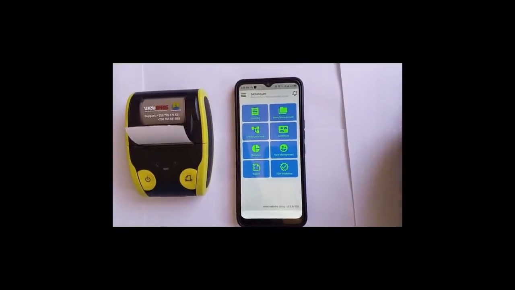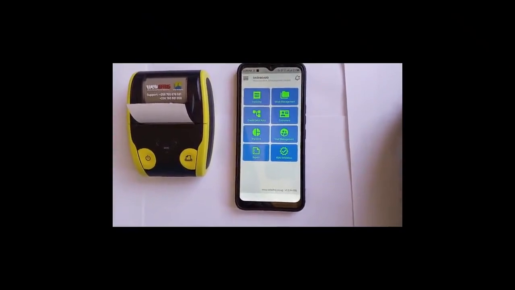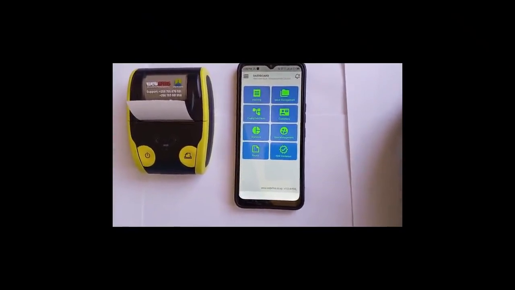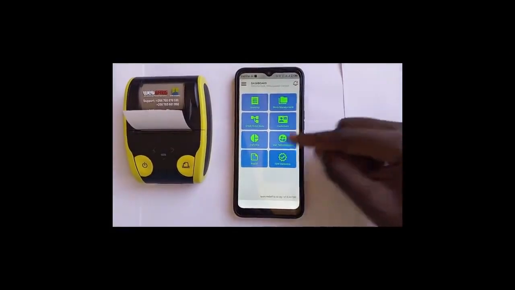In the user management module, here we are able to see a list of users, we are able to add new users, and we are able to update user information. To add a new user, click user management,